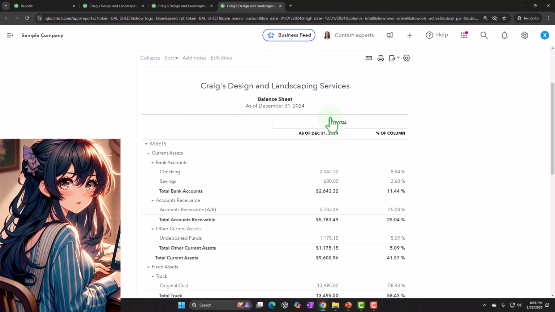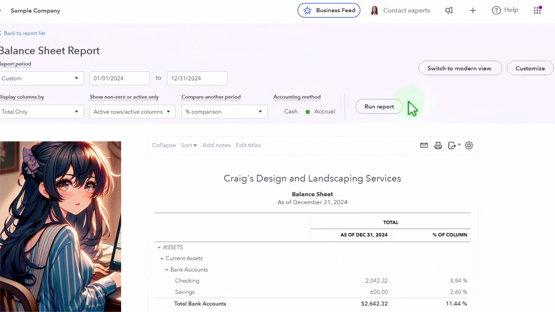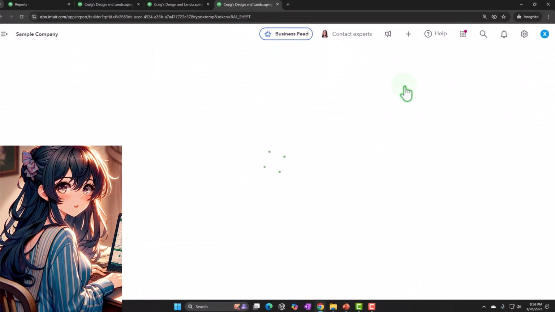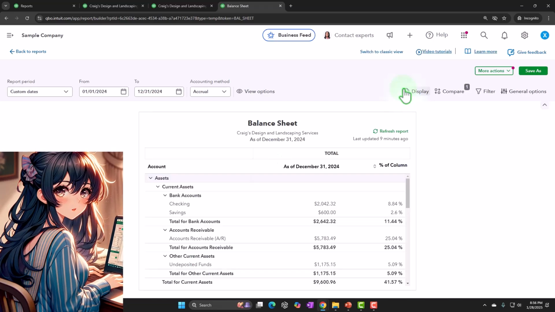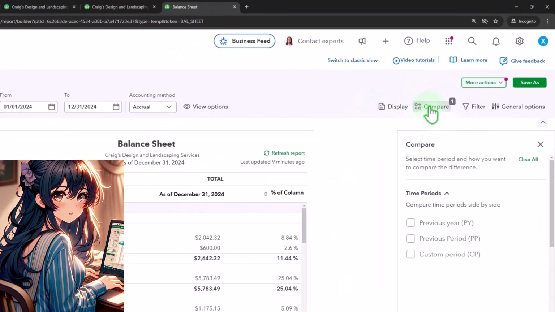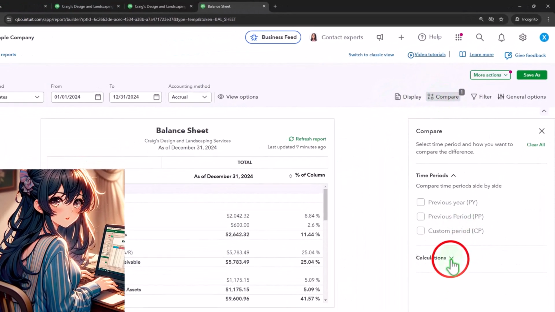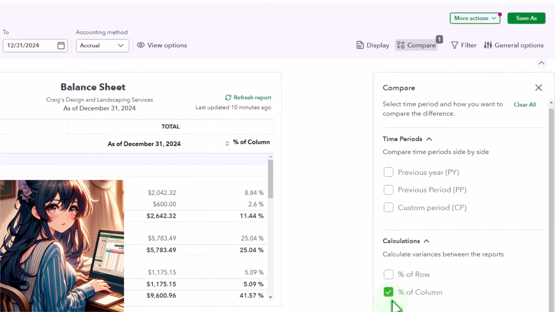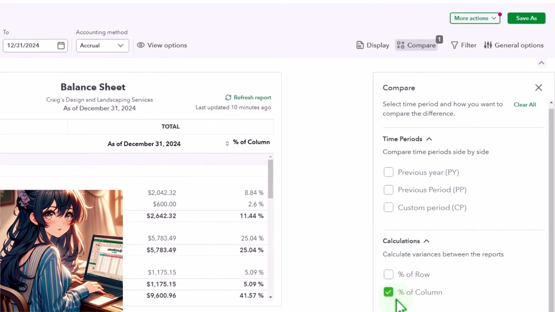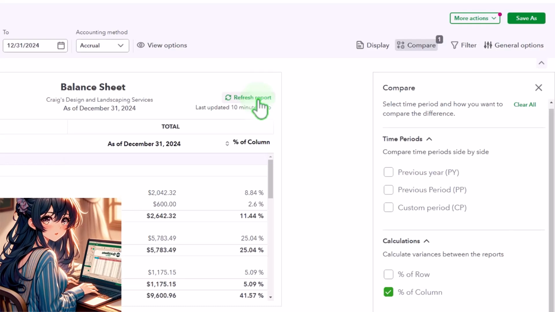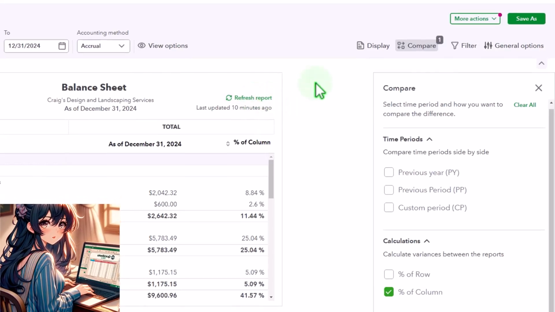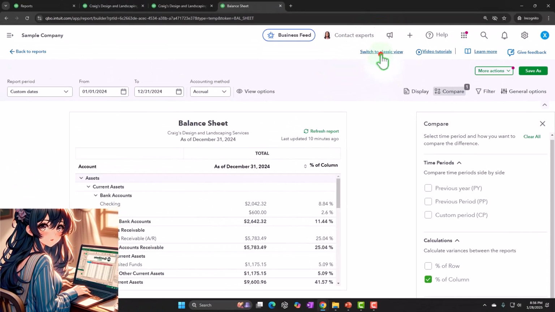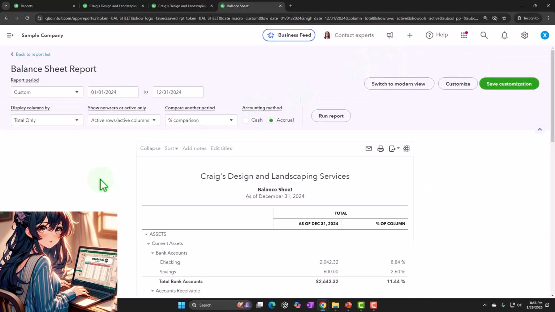Now, notice if I was in a modern view, switch to modern view, where is this located? It's going to be under the comparative items. And then if I go down to the calculations, it's under this percent of column, just so you know, and then we could refresh it here. And that's how it looks now. So we don't know which view they're going to be settling down on. We'll practice them both